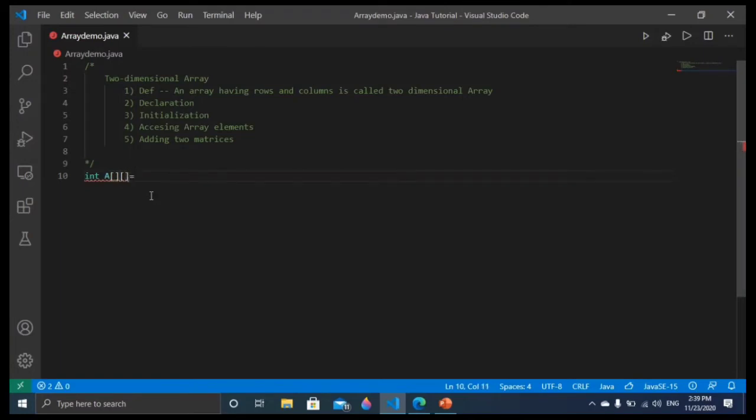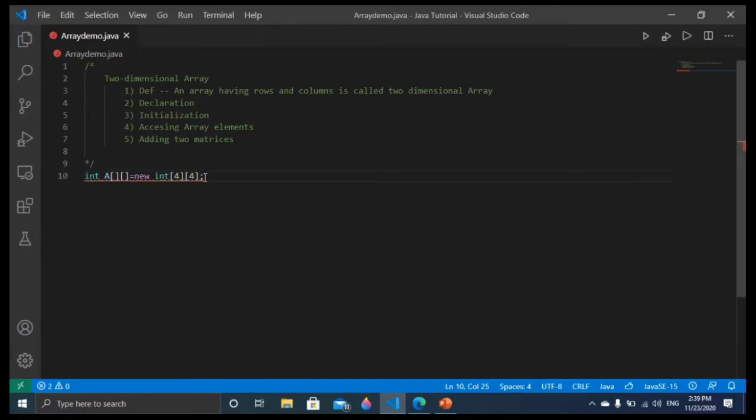Then an equal sign, then new, and then we have to give int, and then the size 4, and then 4 again. You can see the row size is 4 and the column size is 4. So this array has a size of 4 by 4, meaning it will take 16 array elements.